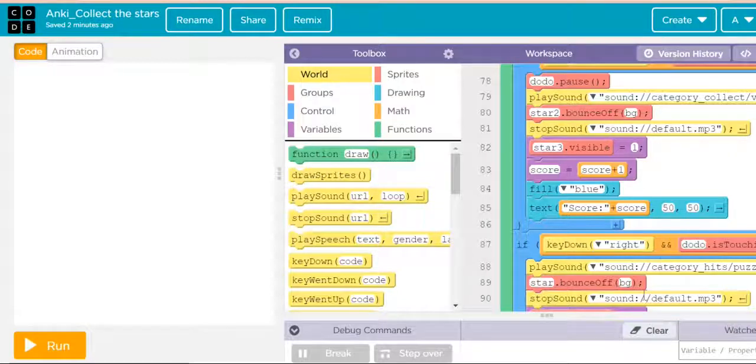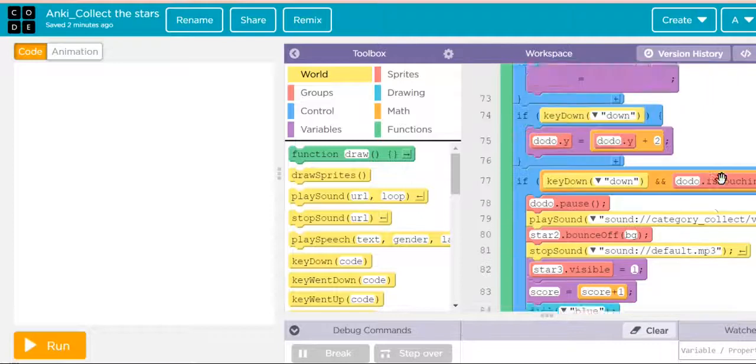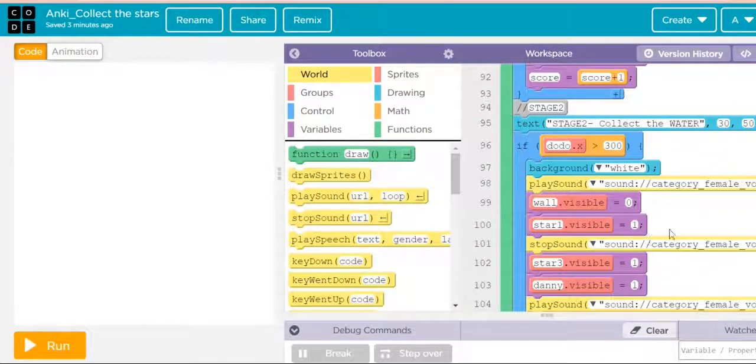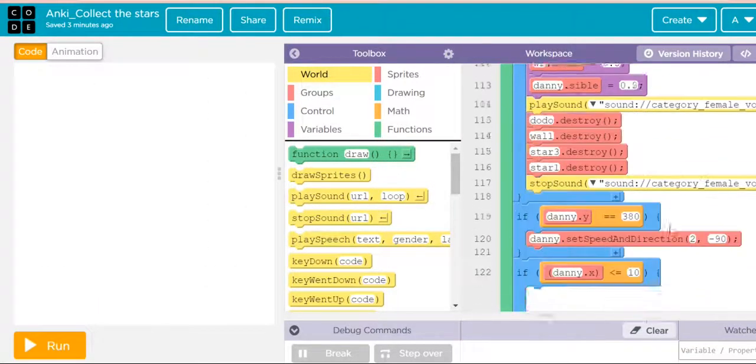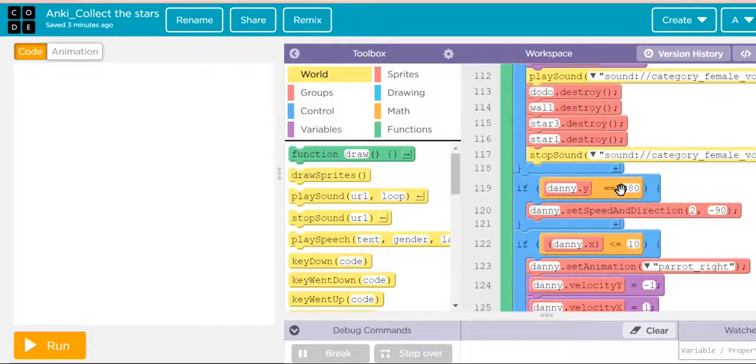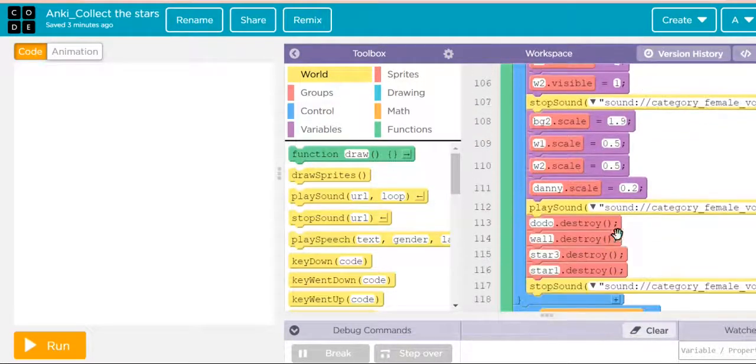So how are we doing this? We are creating the animation using the mouse pressed event. So when I press the mouse over the parrot, he starts moving in the west direction. Now how will the sprite move in the west direction? We have to give the angular velocity as -1 so that he can start moving in the west direction. Whenever we move towards the west, the x position starts decreasing. So we are doing the same thing, and we have to destroy all the sprites which were there in